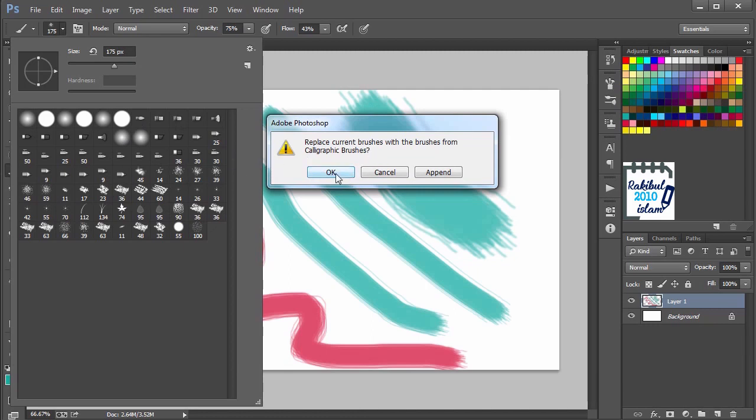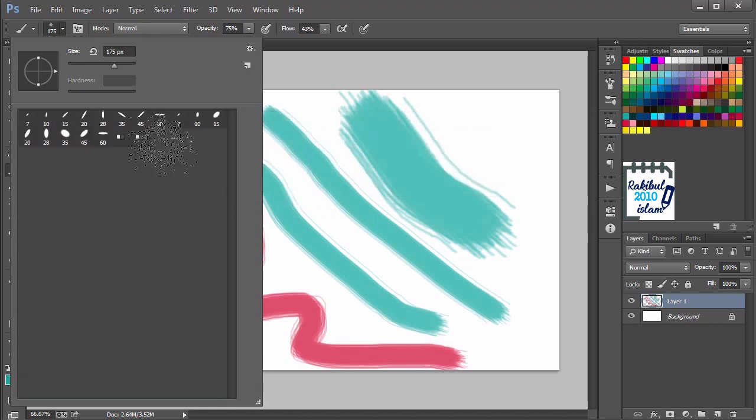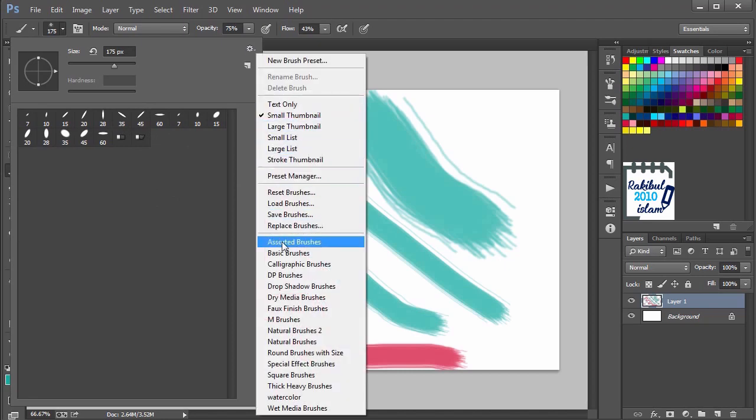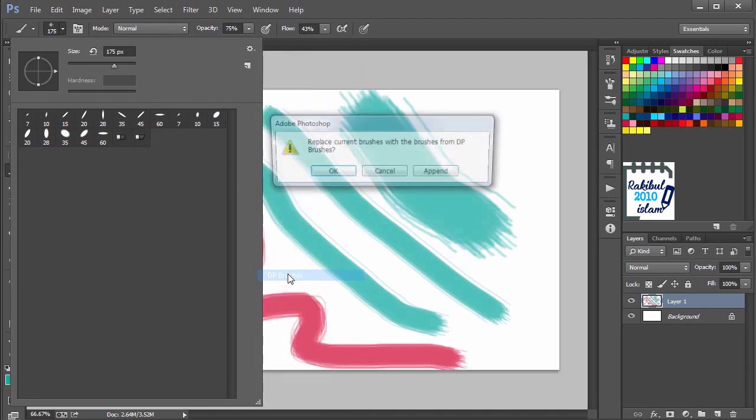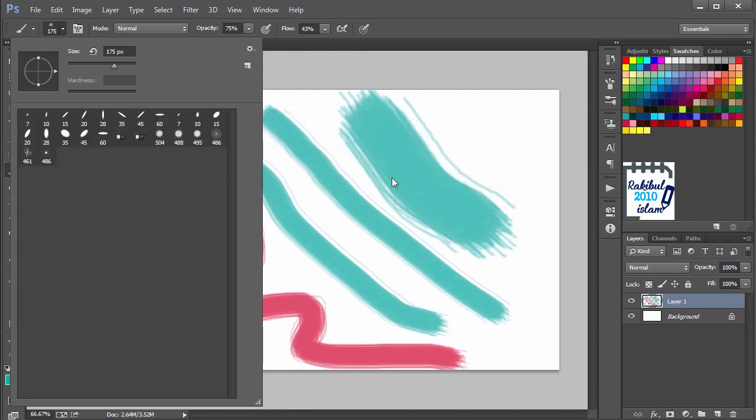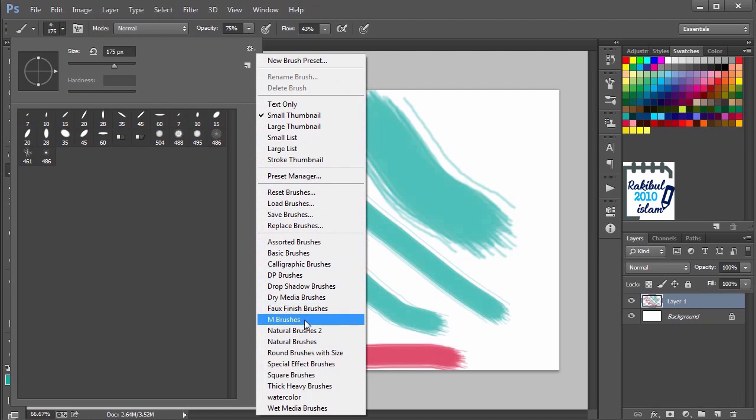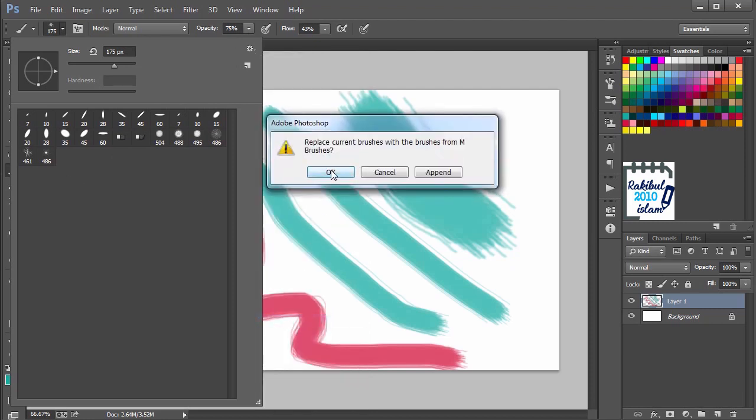If you select OK, it will replace all these default brushes. If you choose a different category and select append, then those new brushes will append below. Let's select another category, click OK.